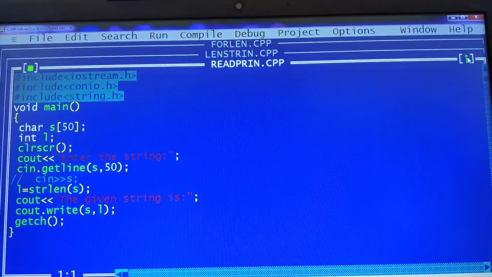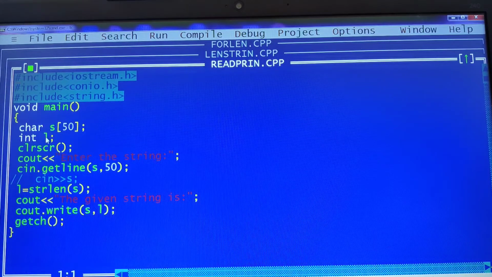Now here is an example, students. In order to read a string and print a string, see here, I've taken iostream, conio.h and then string.h. I'm taking the header files here. So void main, char s[50]. This s is our string name, size is 50 bytes. int l.